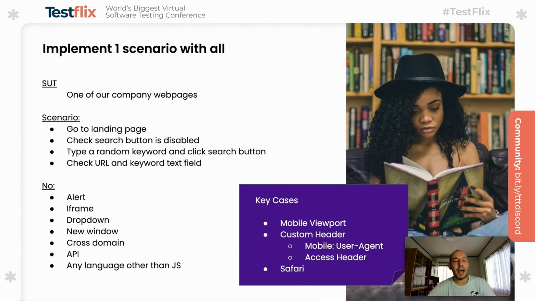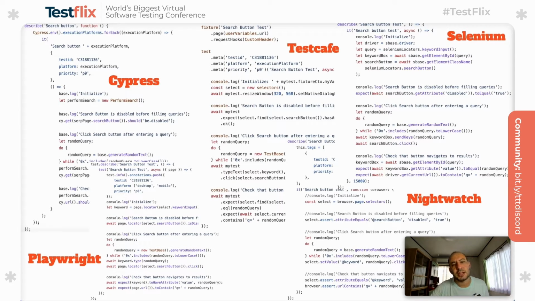And finally, I'm living in Japan. I'm testing the systems which would be provided to the Japanese users. And in Japan, most of the traffic is coming from Safari, because people love using iOS devices or operating systems, which means they are mostly using Safari as their browser. So it is important for me. So in this case, the framework that I should use should support executing the test cases on Safari browser as well. So I implemented this scenario with all the options that I was considering, like Cypress, Playwright, TestCafe, Selenium, and Nightwatch.